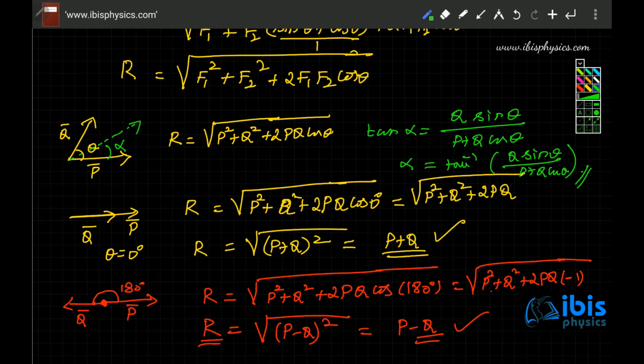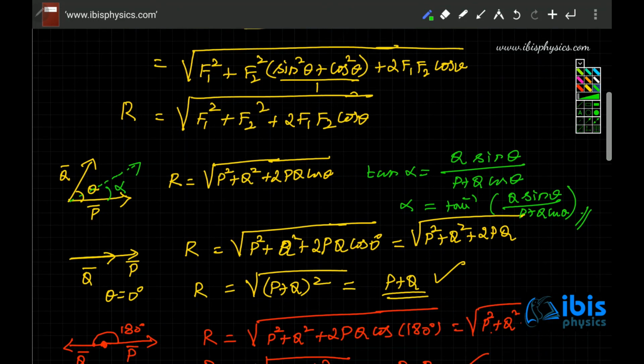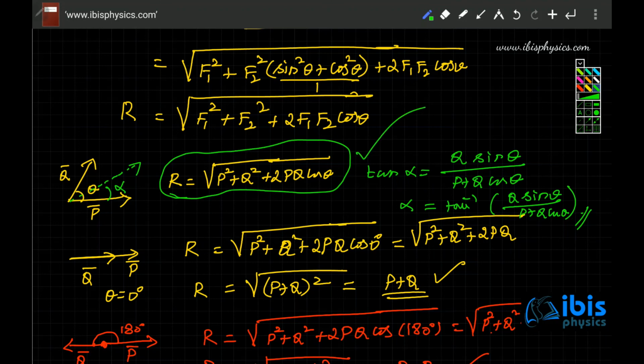That's how we find the magnitude and direction. This is more general. If two vectors are acting at an angle theta with respect to each other, the resultant vector's magnitude is root over p square plus q square plus 2pq cos theta. Whatever the angle, whether they are parallel or anti-parallel, or whatever angle, obtuse or acute, you can use this relation to find the magnitude of the resultant of two vectors. Remember that this gives the magnitude and the other gives the angle with respect to the horizontal vector, and the remaining you will have to proceed with.